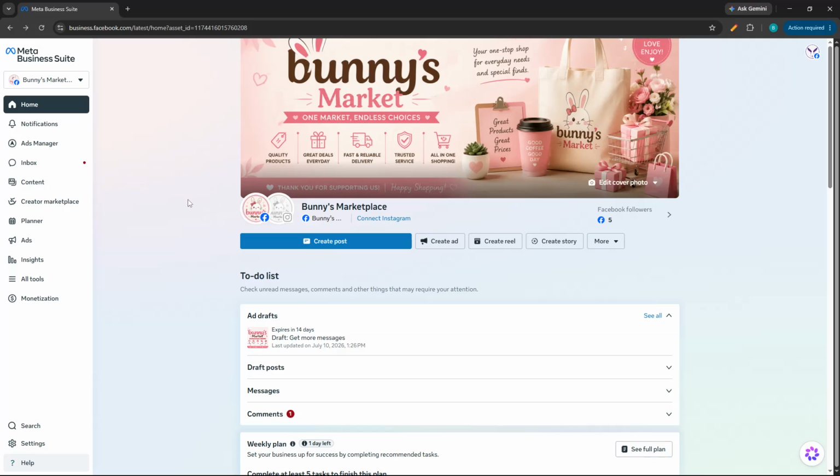Using a clear and well-positioned logo helps your business page look more polished and recognizable. It also makes it easier for people to identify your brand when they visit your page or see your content